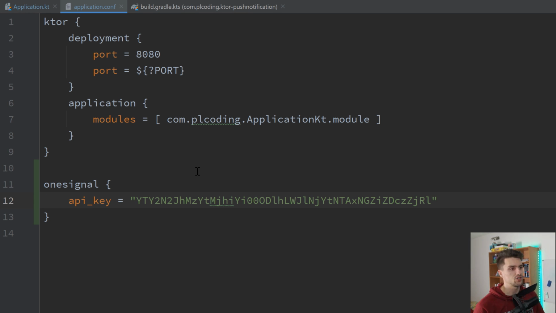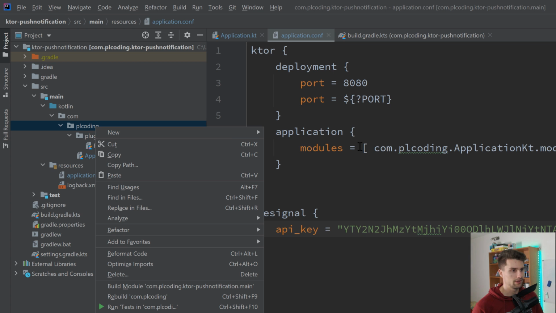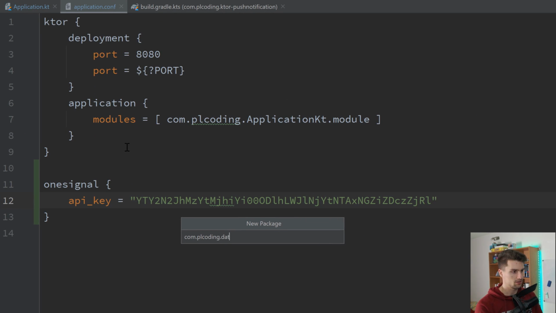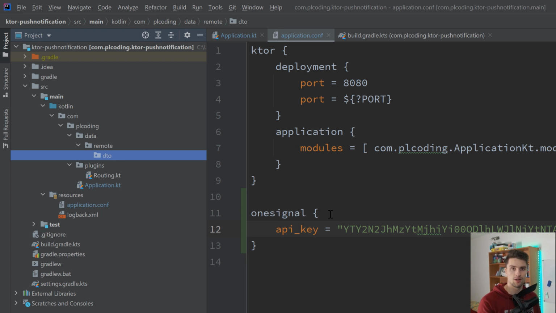When that is done, we actually want to create an API service, so a service for our Ktor client that sends our request. So if you know Retrofit on Android, that's basically what we do. We now define an interface with the functions we need to access the OneSignal API. So in PL coding, in my root package, we will create a new package called data.remote, and in that I will also create a DTO package that stands for data transfer object, and will contain the data classes that we will serialize to JSON to attach that to our request. I will now paste two classes here, our DTO classes, into this package,